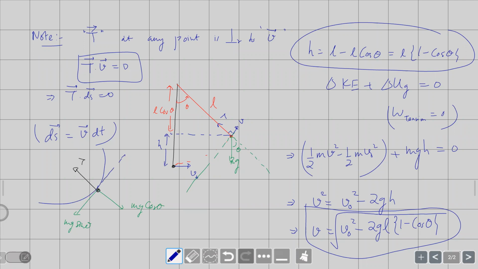So it has a centripetal acceleration in this direction. In this direction. This is your centripetal. And it has a tangential acceleration which now will be opposite to your velocity. That means it's decelerating. Okay. So for this, what equation we get? We get the equations that this part I'm just looking at.